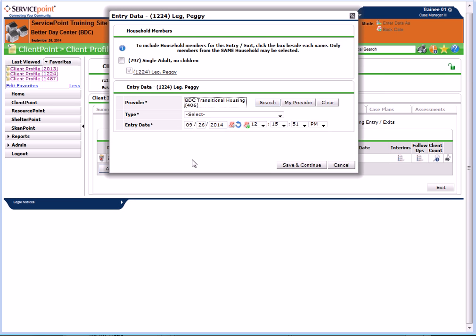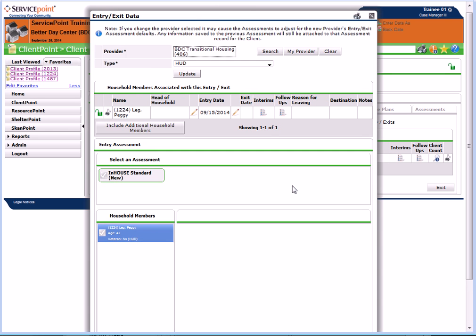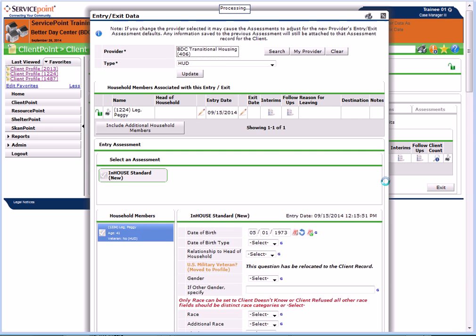Click on the green plus to select that as the provider, and I'm going to select my project type as HUD. My entry date is going to be the date prior to our update when we collected this data and the client was enrolled in the program. I'm going to click Save and Continue, and it pulls up the